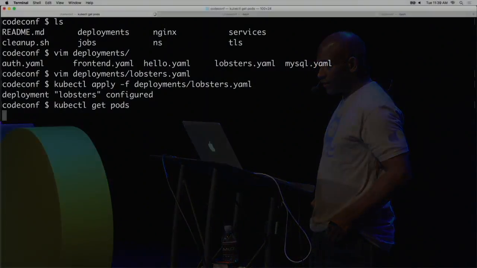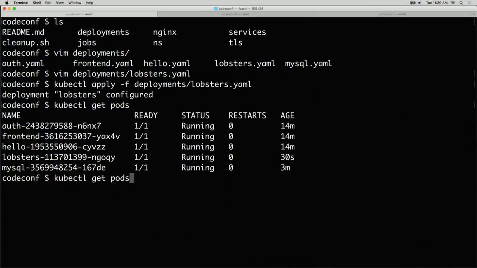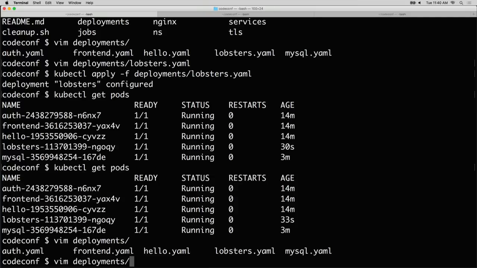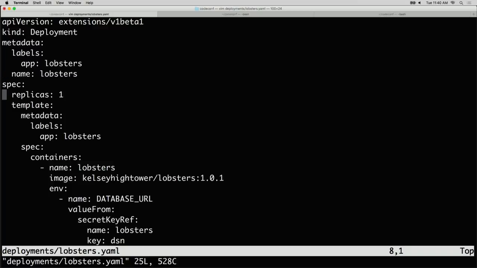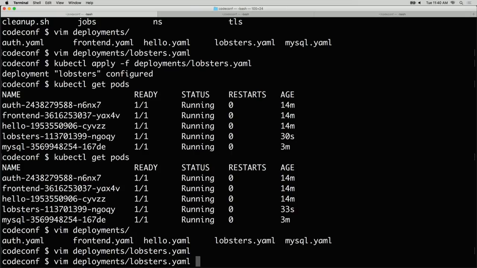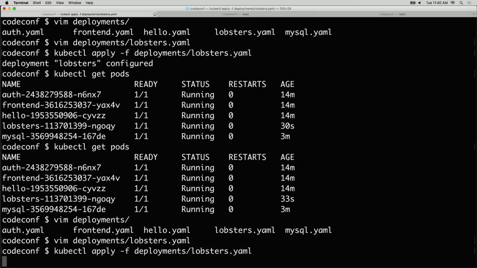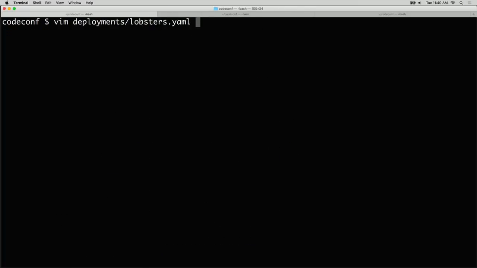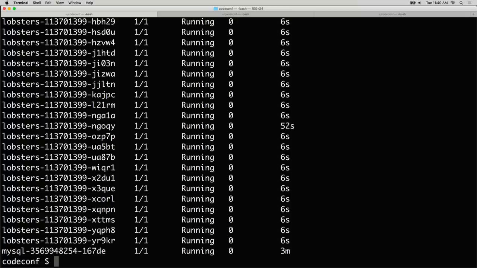Let's do get pods. So what the hell? Oh, I know why this happened. The declaration that I have on the file system says 1 instead of that. What was that number? 38? Okay, we'll hold true. It's not a good idea, I know. All right, so we'll do that again. And then we should get maybe 38 of these things at some point. Wow, there's 38 now.